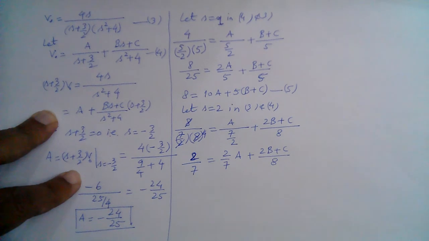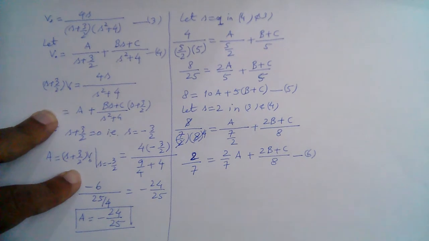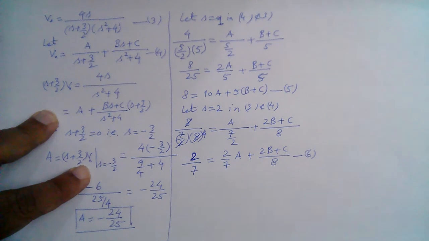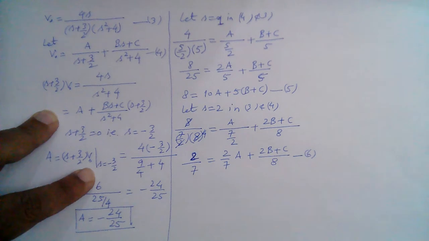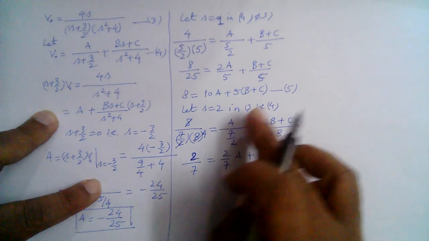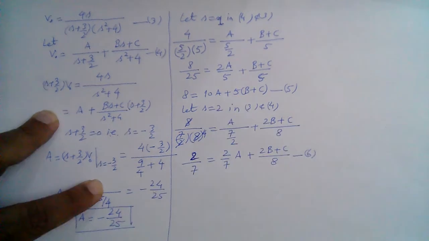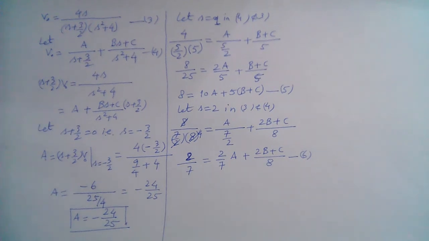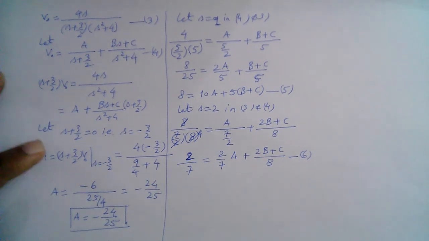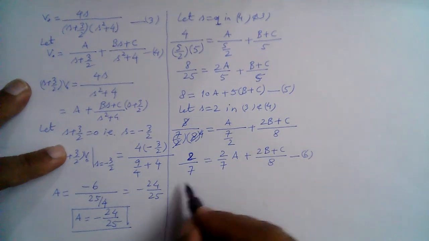And we can now substitute the value of a in both these and then solve them simultaneously together to find out the value for b and c. So substituting 24 over 5, minus 24 over 25 for a in this equation and this equation, and then finding out the value of b and c. So from